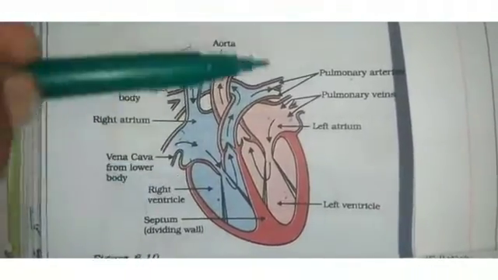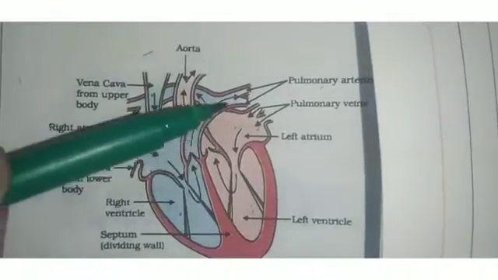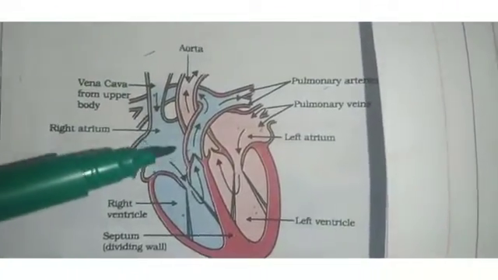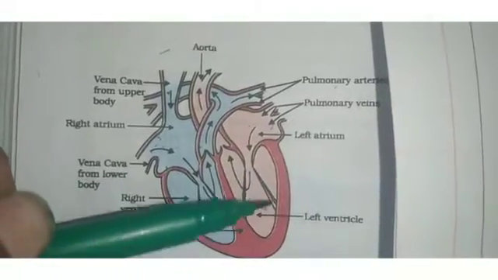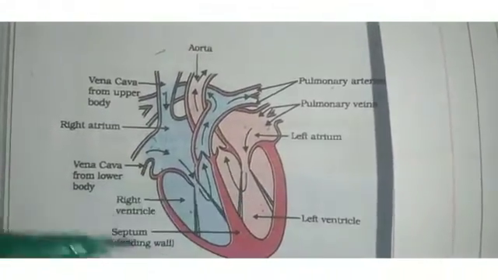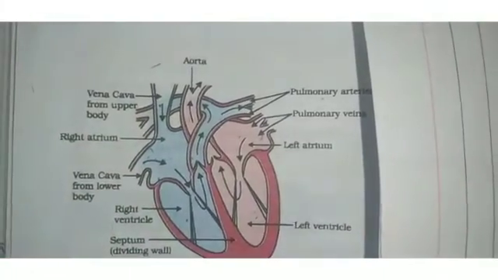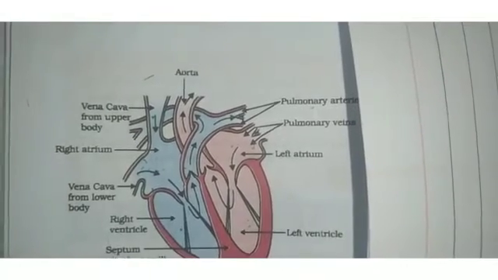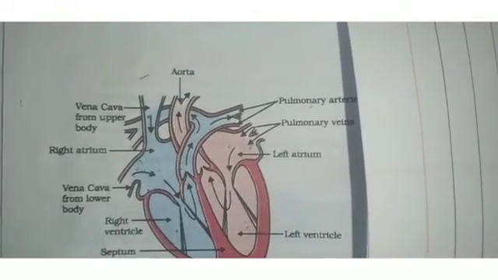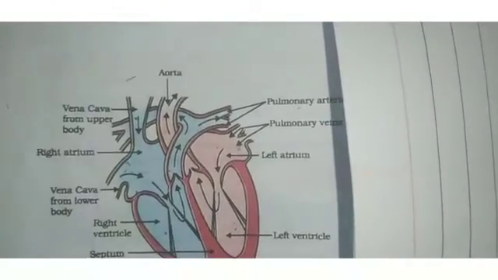So this is the functioning of the heart. You know that here there is no mixing of blood, right? The left atrium and ventricle receive oxygen-rich blood, and the right atrium and right ventricle receive deoxygenated blood. There is no mixing of oxygenated and deoxygenated blood. Such a separation allows a highly efficient supply of oxygen to the body.